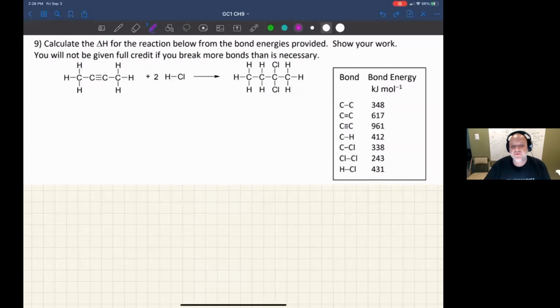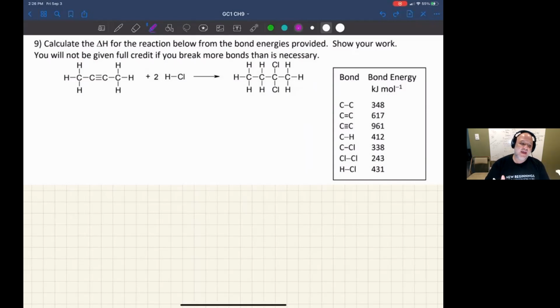All right, so here's an energy calculation. This problem wants you to calculate the delta H of the reaction. It gives you the structures because we're giving you also with that the bond energies. And so one of the ways that you can calculate the enthalpy of a reaction is to essentially say, I'm